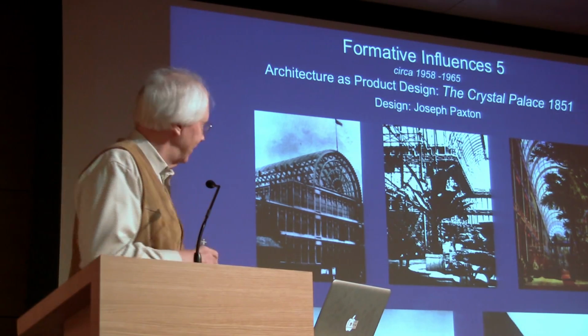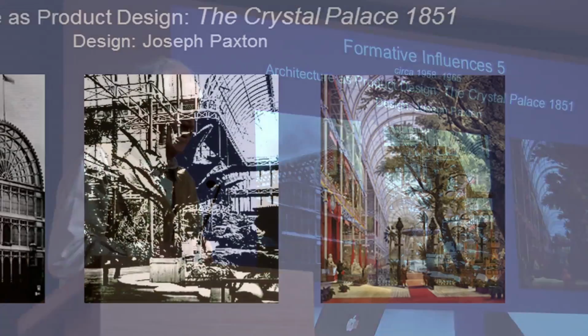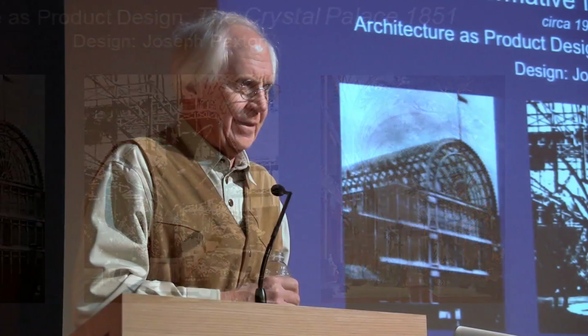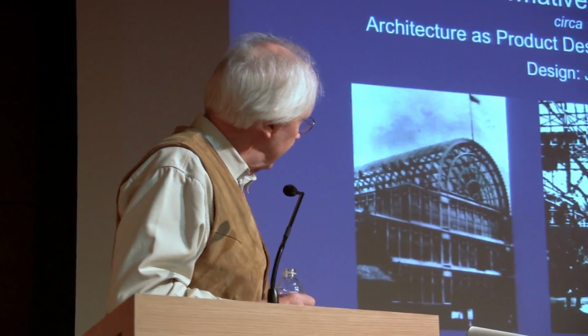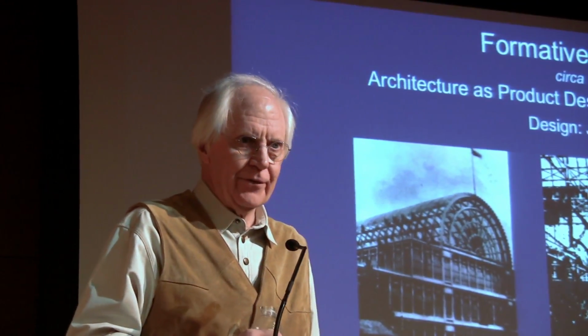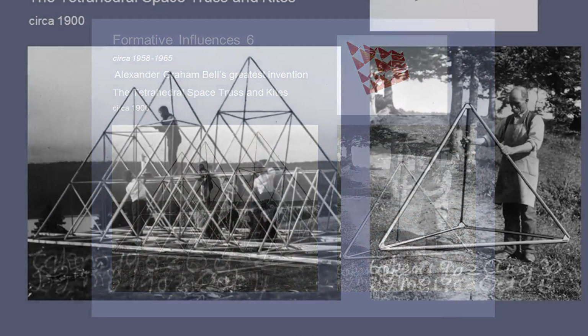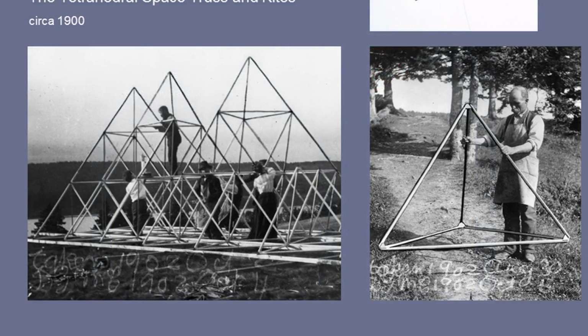It wasn't until the 30s, the Bauhaus, especially Conrad Wachsmann, who was not even part of the Bauhaus, Gropius to some extent, started to pay attention to that, and then later, of course, the British high-tech guys, Norman Foster and, I'm having brain fade. Alexander Graham Bell was another one, and he was also in both the Crystal Palace and Bell were in the Conrad Wachsmann book, and